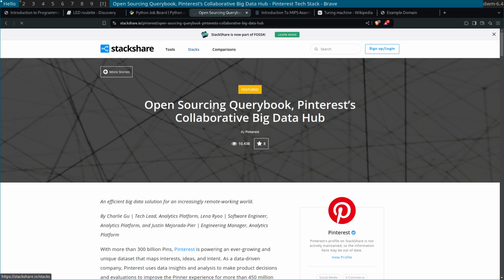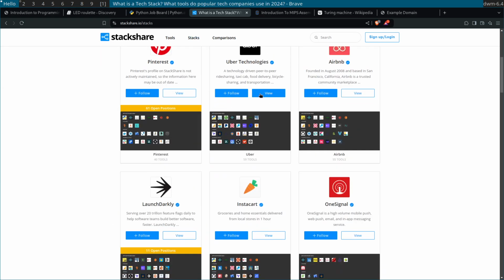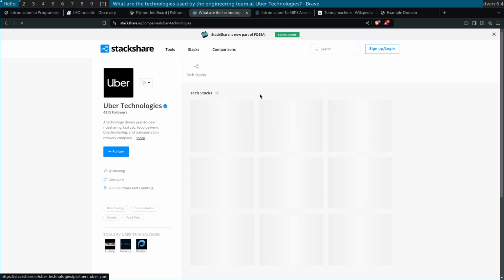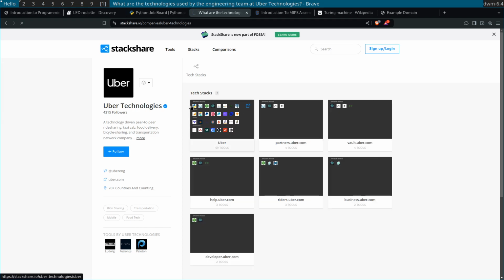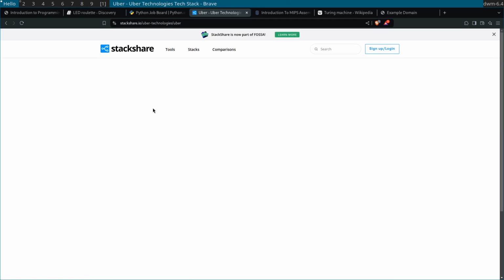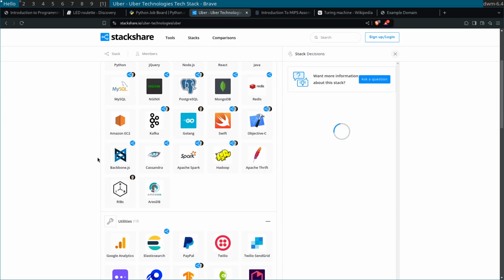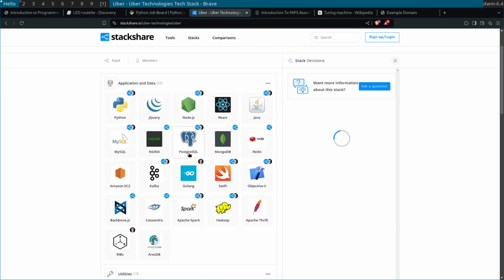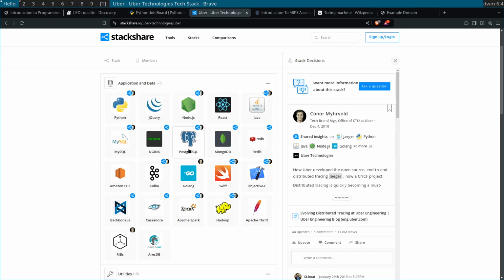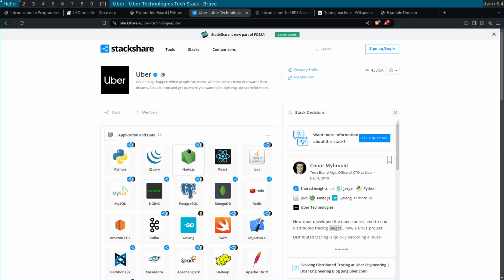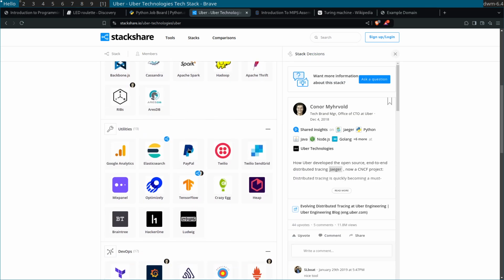Let's look at another company real quick. Let's look at Uber. You can already see they're using Python, and I believe that's React, or no, it's jQuery, excuse me, Node.js, Java. So kind of cool, you can see all these things that these companies use. Like I said, it's not super up to date because I know Uber is using Zig.